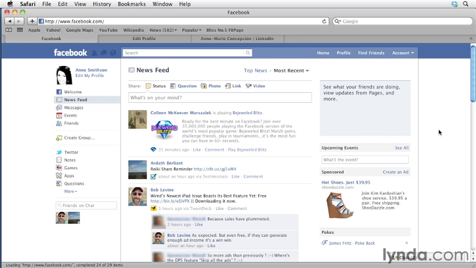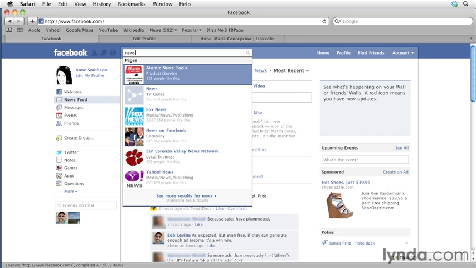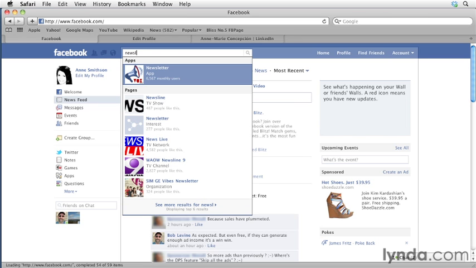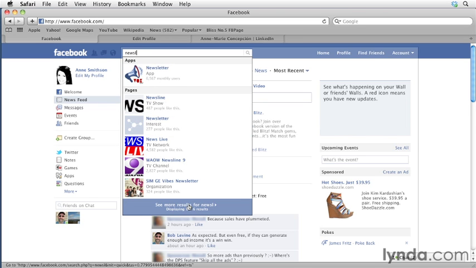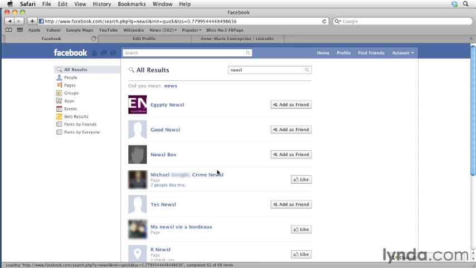First, where do you see the list of available apps? Again, it's a hidden URL. After you log into your personal account, come up here under the search field, and if you just start typing, like let's say that you wanted something to do with newsletter sign up. If I start typing newsletter, you'll see that it starts divvying up the search results into apps and pages. So if I just come right down here and say, see more results for news,